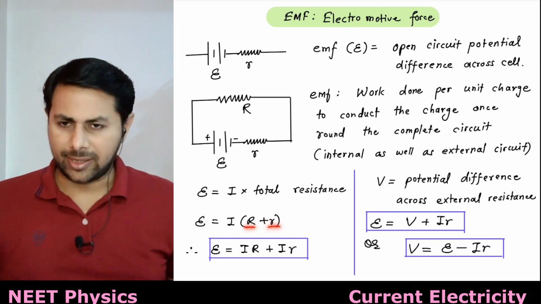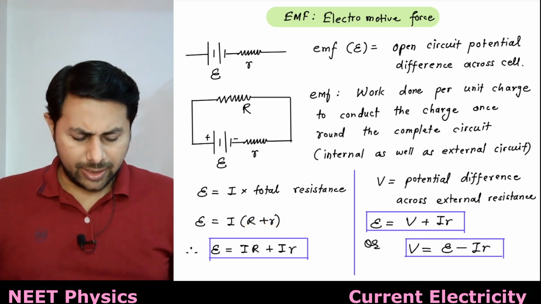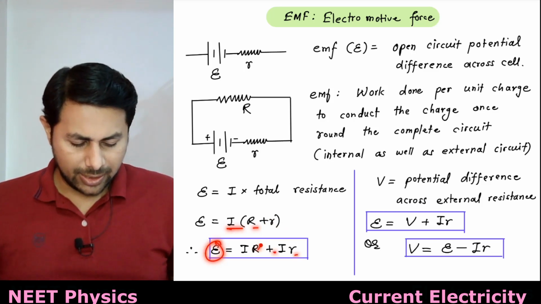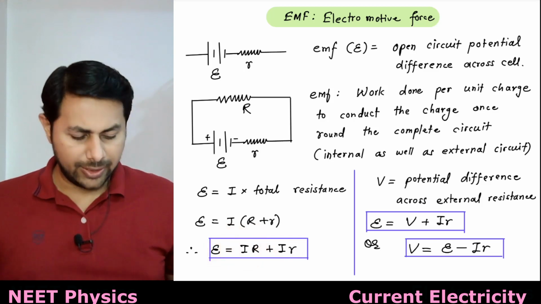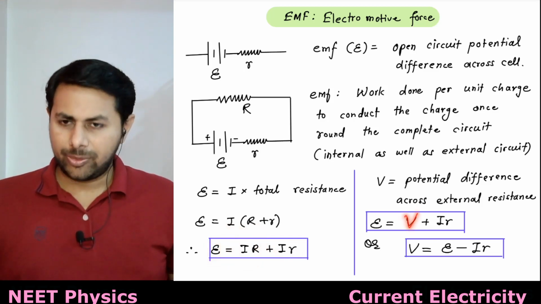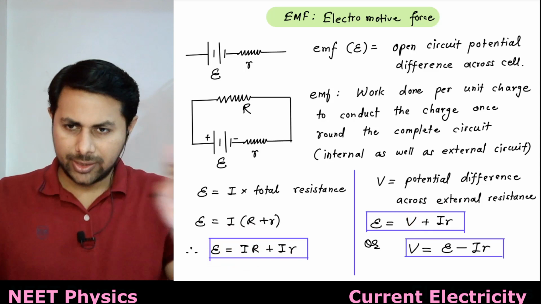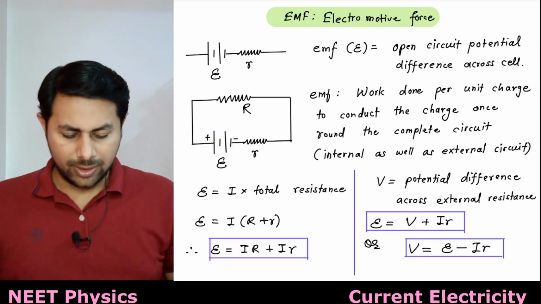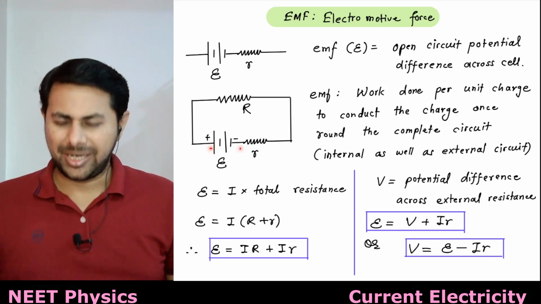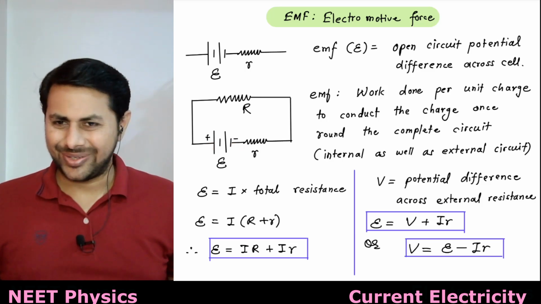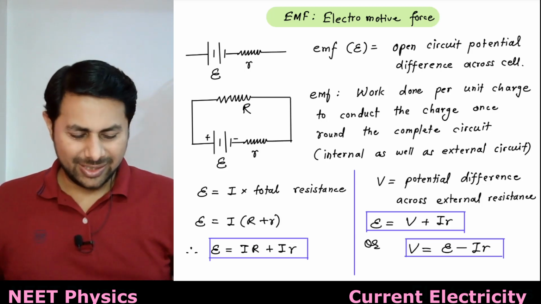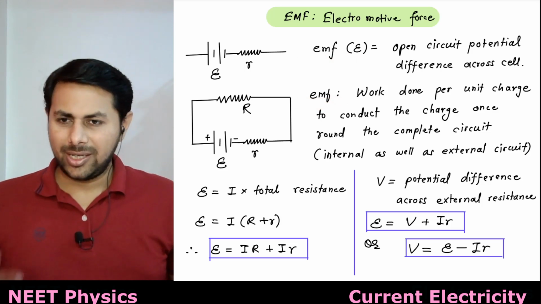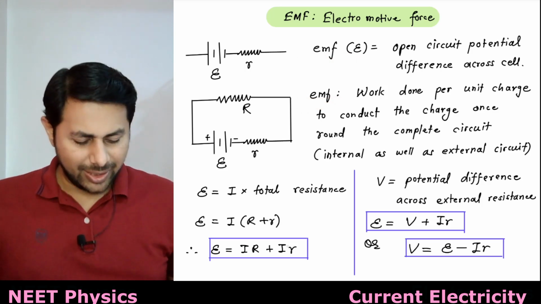So I times (R plus r), and therefore you can write this EMF as I times capital R plus I times small r. And what is I times capital R? You know that that is the terminal potential difference, the potential difference across the external resistance, or you can say the potential difference across the end points of this battery. End points means positive and negative terminal. But there is a difference in the definition of EMF, and in this case here the current is flowing through